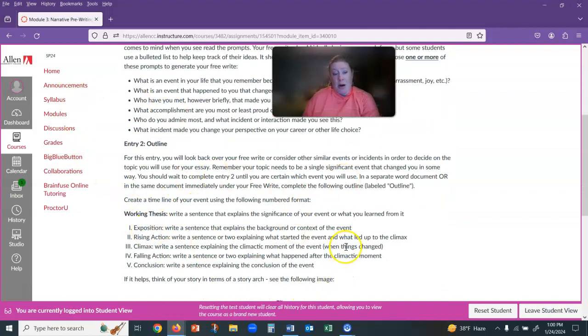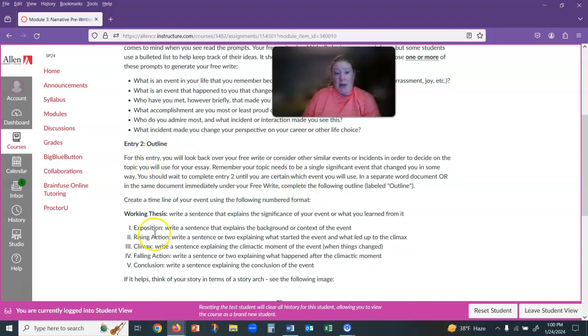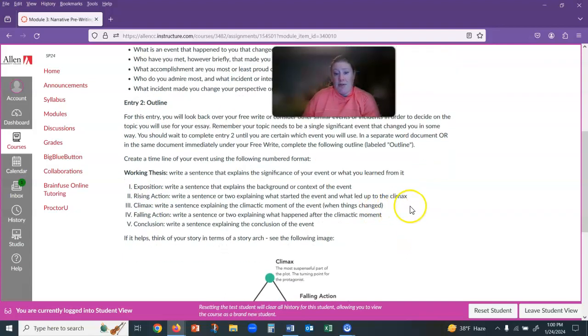And then the second part of this pre-writing journal is an outline. And since you're doing this in a Word document, you can just do one and then the other in the document if you want to, or you can do them in separate documents. But the outline is just going to be a timeline of the event. It's not really an outline, because outlining a story is kind of hard, but this is just kind of your idea for your working thesis, your implied thesis, the significance of the event,